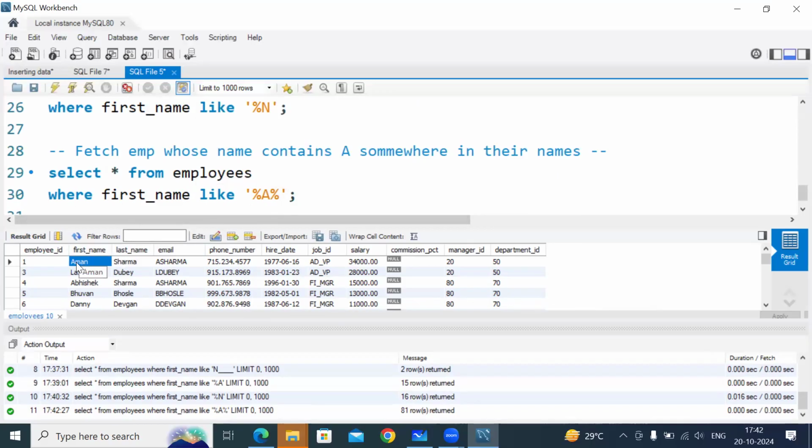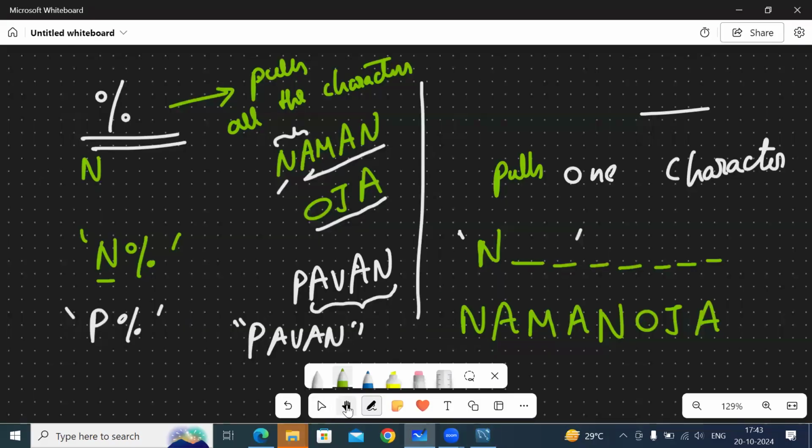For example, in the word Aman, A is in between M and N. In the word Lakshman, A is in between M and N. In the word Abhishek, we don't even have any A in between, but we only have a single A, which is pretty much fine because, see here, ultimately what we are doing is,